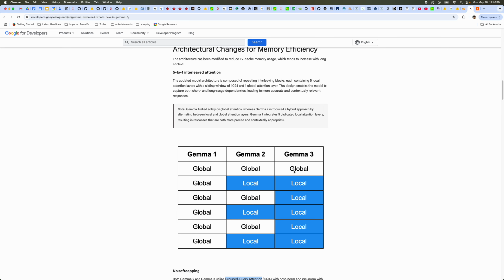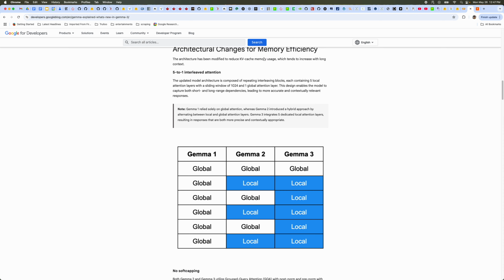The global attention layer pays attention to the entire context, while the local attention layers have a limited window. So basically you attend to, let's say, 10 tokens around you. I don't know exactly what that parameter is, but they interleave local attention and global layers. So with that mixture of local and global layers, I think they get a bunch of benefits,